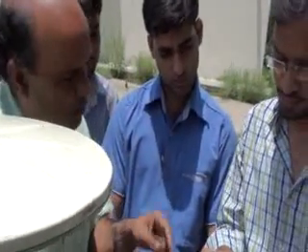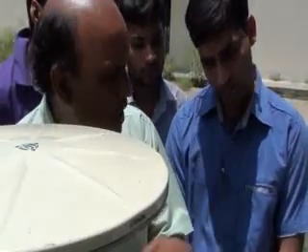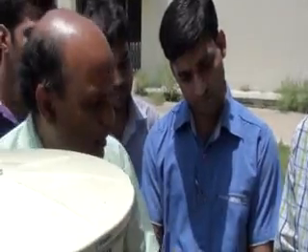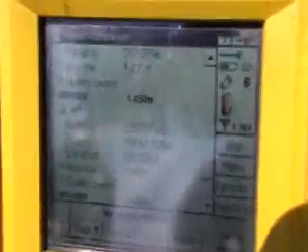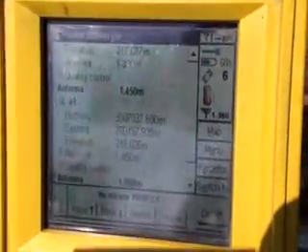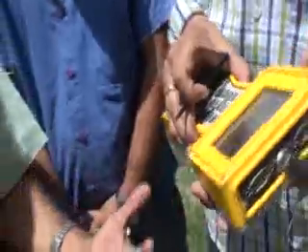Now you can also get the northing, easting and altitude of a place. Just see, with the simple clicking of these various functions, you can get the northing of the point, you can get the easting of the point, and you can get the elevation of the point. So northing, easting and elevation, it can give you directly by just the click of a button. So what you have to do is this. Now you get the northing, easting and altitude of this particular place.